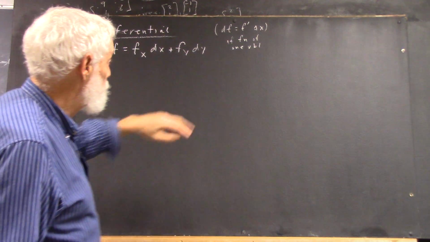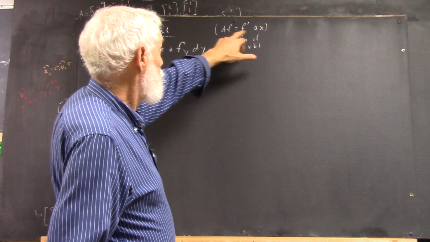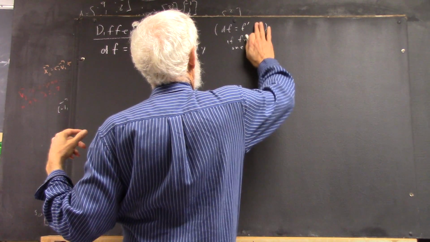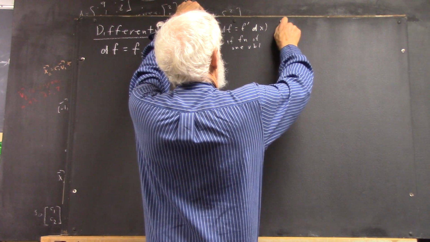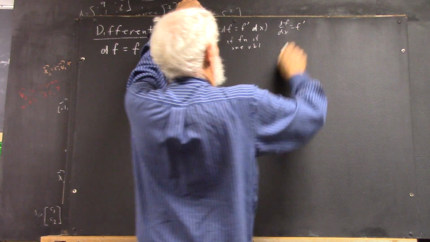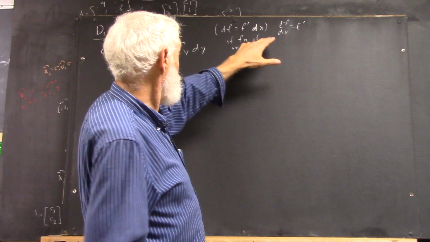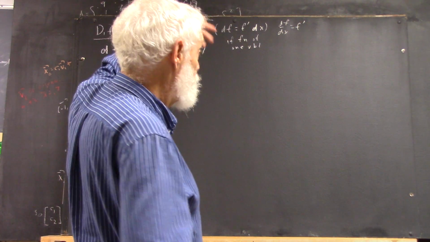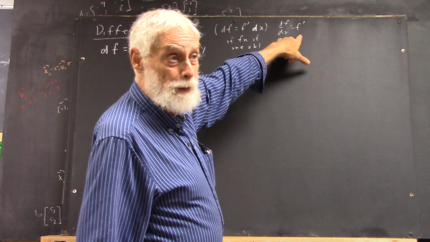Now let's back up a second. If you've got a function of one variable, then your differential is this, okay? And I said delta x. Actually, we write this as dx. It's just another way of writing df = f prime dx. I mean, it's not an algebraic rearrangement, but you can prove that this and this are equivalent, because the simple reason is that f prime, where prime is the derivative of f with respect to x,